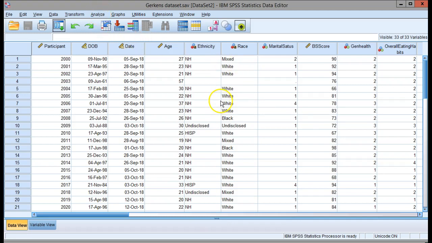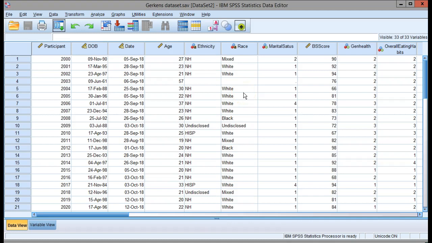So here I have a data set that I'm using for this example. It's a data set that has 41 observations, and what we did was to measure body fat percentage in women using two methods. We used the BOD-POD and we used a multi-frequency bioimpedance equipment. We also assessed dietary intake with a 24-hour recall in these people, and we wanted to know if there are differences in the measurements of body fat when these participants consumed 1 liter of water. So we wanted to know how hydration affects the body fat